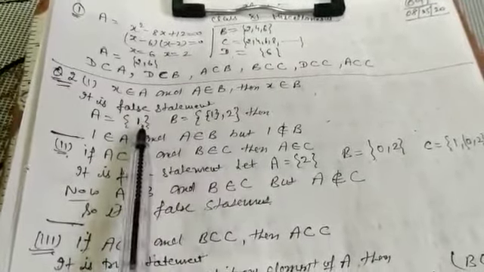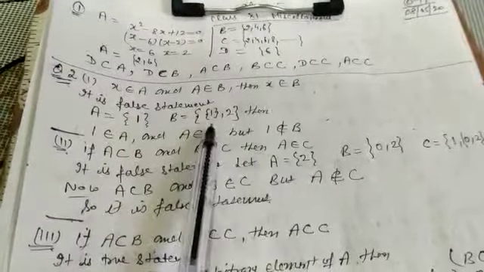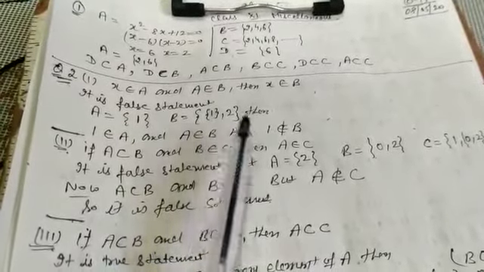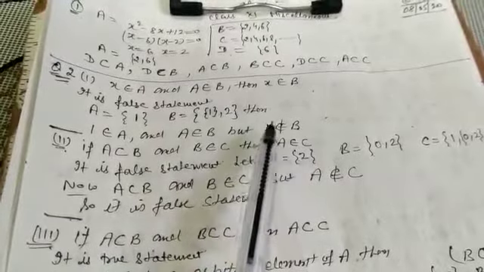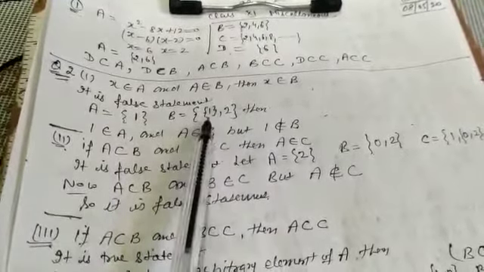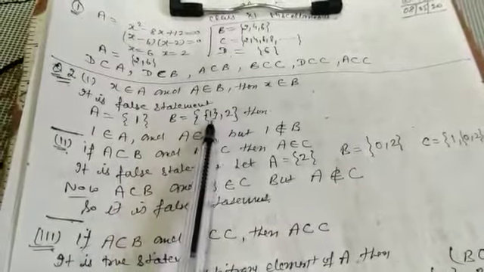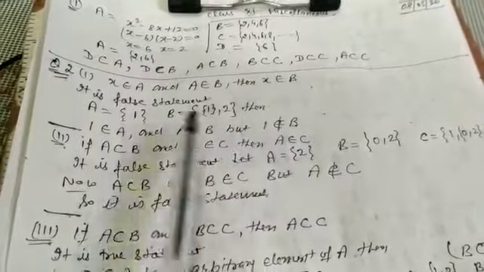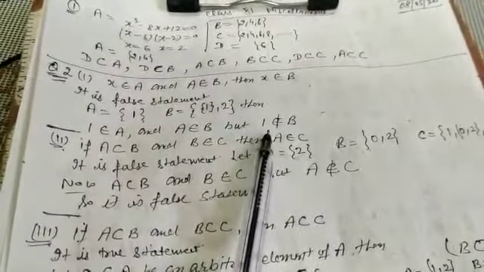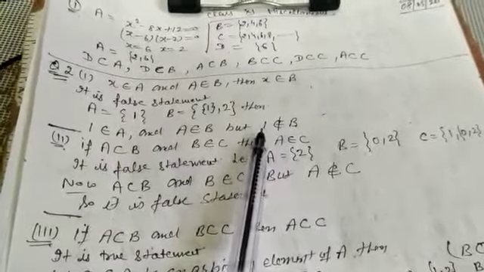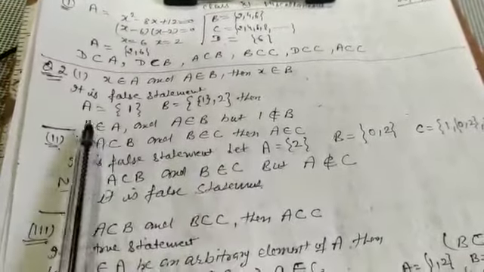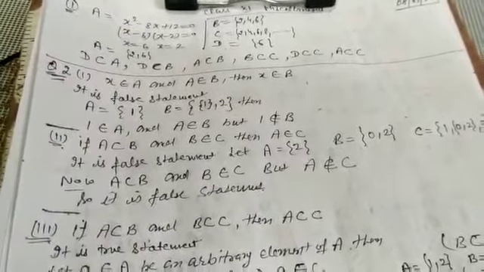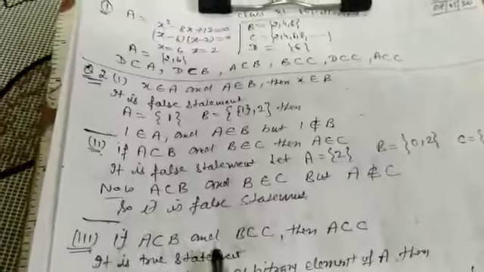But individually 1 does not belong to B. 1 belongs to B only when it is in the form of braces. Single 1 does not belong to B. It becomes a subset when it is written in the form of a set, but in this case it is written only as an element. This 1 belongs to A. There is a big difference between belongs to and subset. In case of belongs to, we discuss the element only, but when we discuss the subset, it should be in braces.